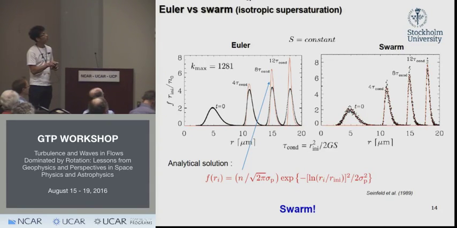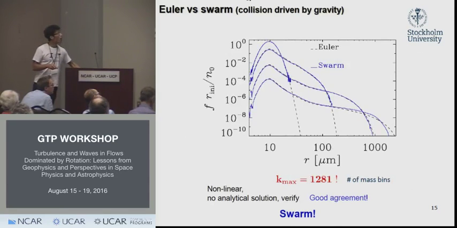So here we compared with the Eulerian scheme, this black curve, and also with this Lagrangian scheme, we see that this Lagrangian scheme can almost get the same solution as the analytical solution in this condensational growth. And even for the collision process, we see good agreement of the size spectra between the Eulerian model